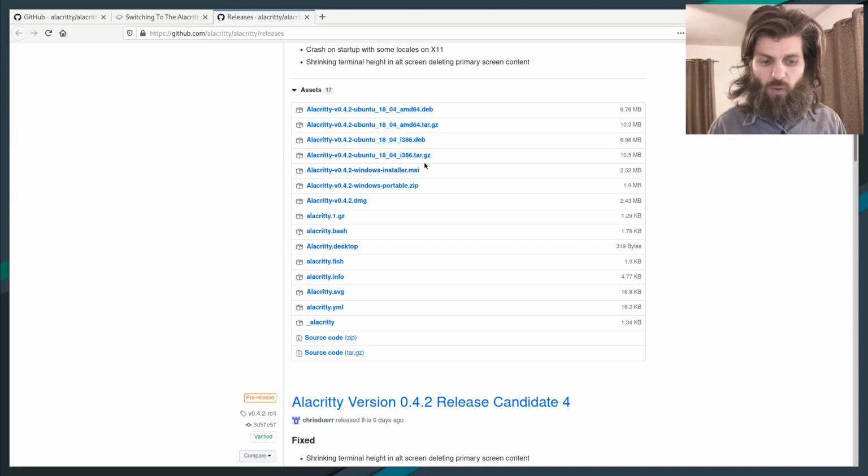So for example, there's a Windows portable. If you're working on Windows and you didn't want to install it, you could download the zip file and just run it directly from that portable file without having to install it. If you want to install it on Windows, it's got an MSI. The thing that's of interest to me are the tarballs, which I think are a binary one, and the .deb